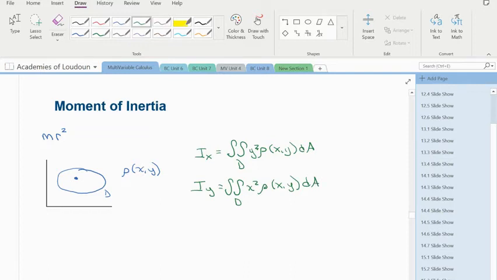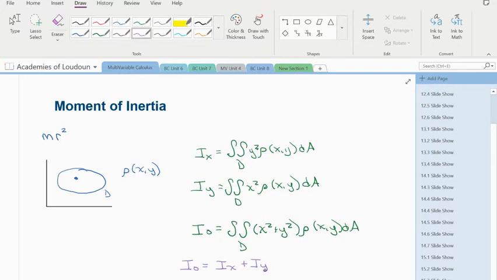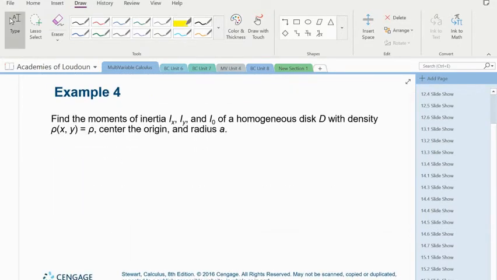So it is also of interest to consider the moment of inertia about the origin, which is called the polar moment of inertia. And that's going to be the double integral over D of x squared plus y squared times rho of xy dA. It is of note that the polar moment will be the moment about the x-axis plus the moment about the y-axis. Okay, so let's go ahead and take a look at example 4, where we're going to find the moments of inertia